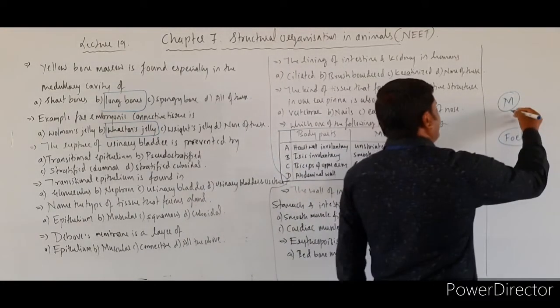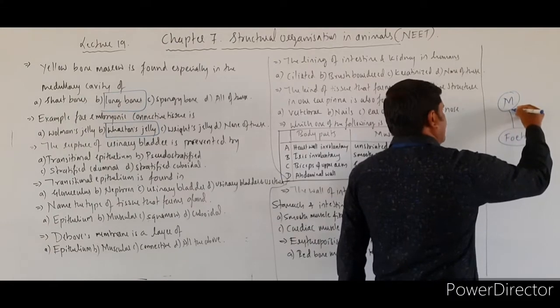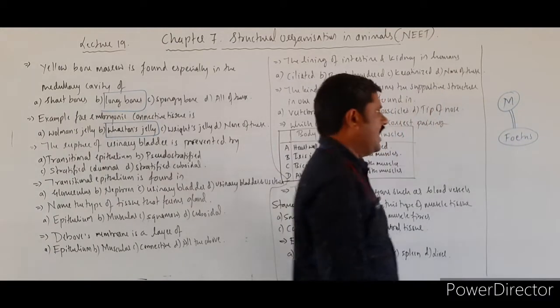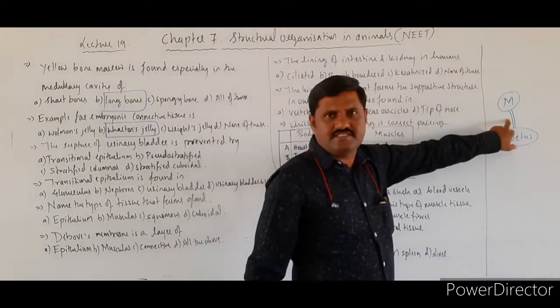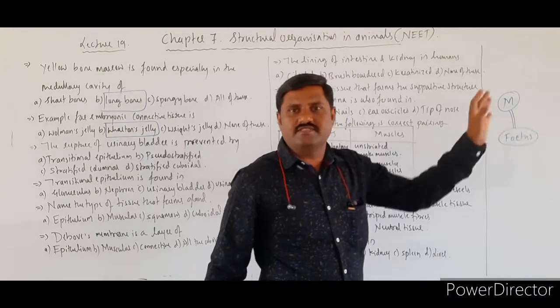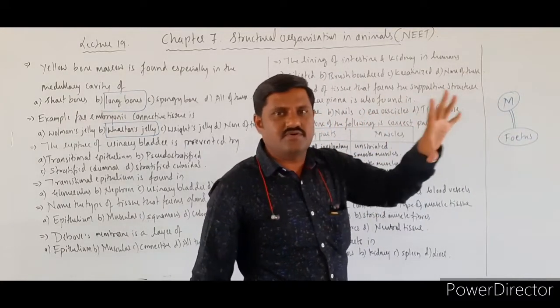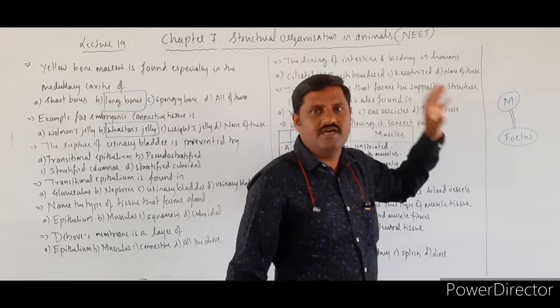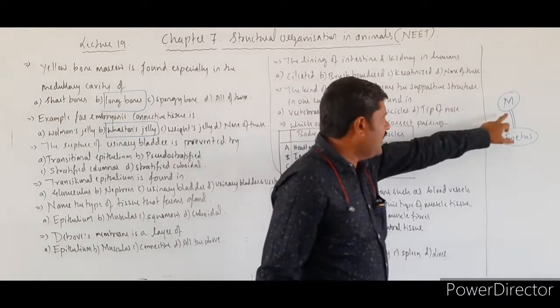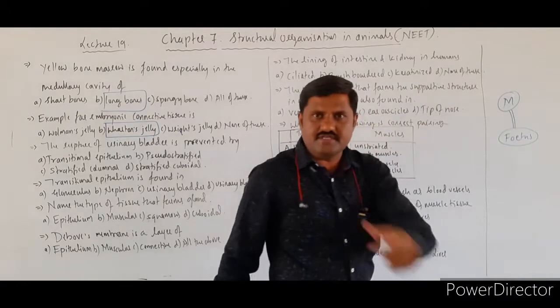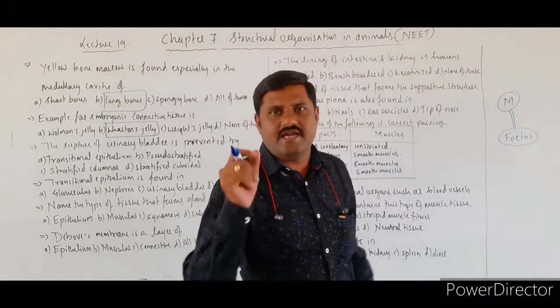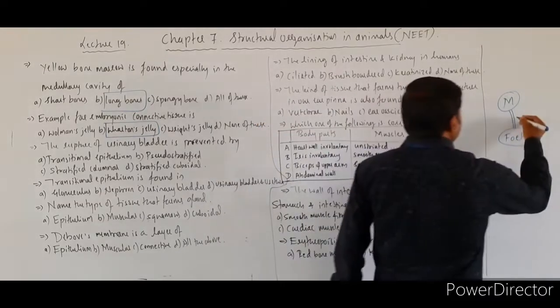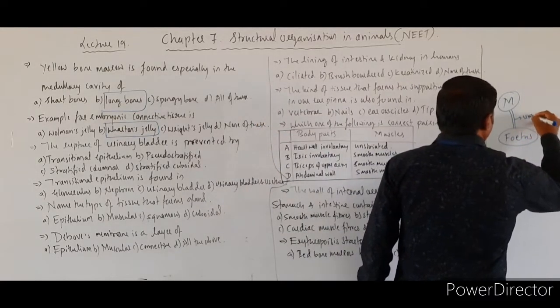So there is a temporary connection between mother as well as fetus, and that temporary connection is the placenta which is there in the tissue of the uterus of the mother, and placenta continues into a tubular structure, and that tubular structure itself is called the umbilical